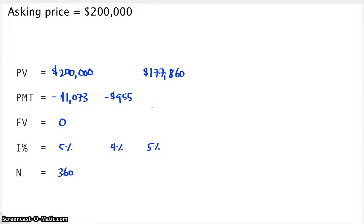So what did we just do here? We're effectively buying the house for $177,800, while it looks like we're paying $200,000, because instead of paying the retail interest rate, the market rate, we're actually paying 1% under the market rate. And so by saving that amount on the payment over the course of 360 payments,